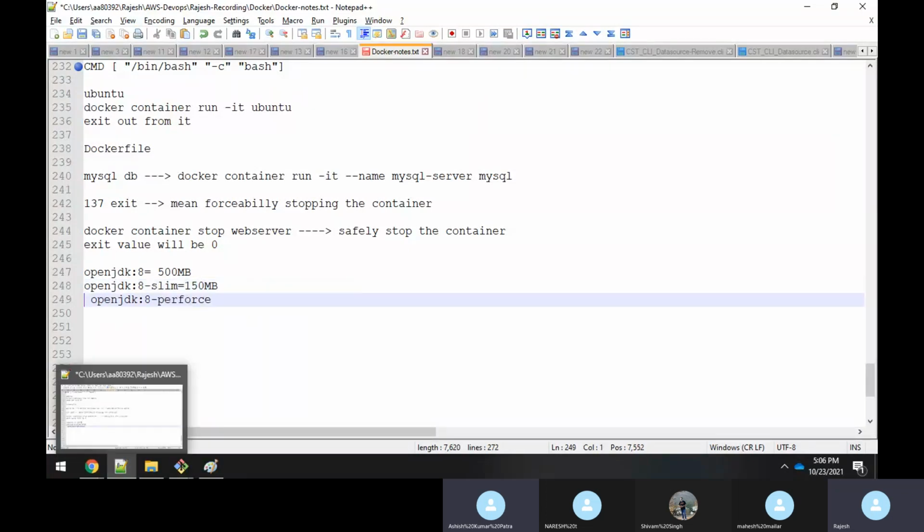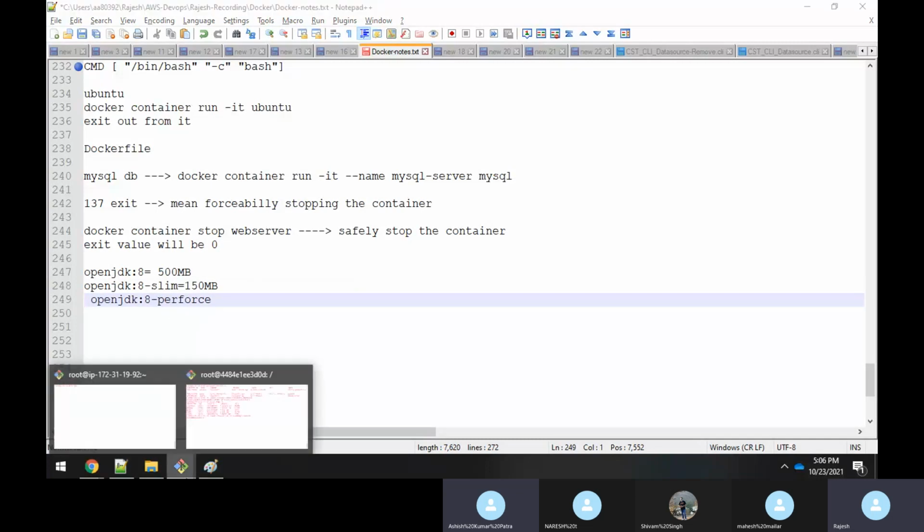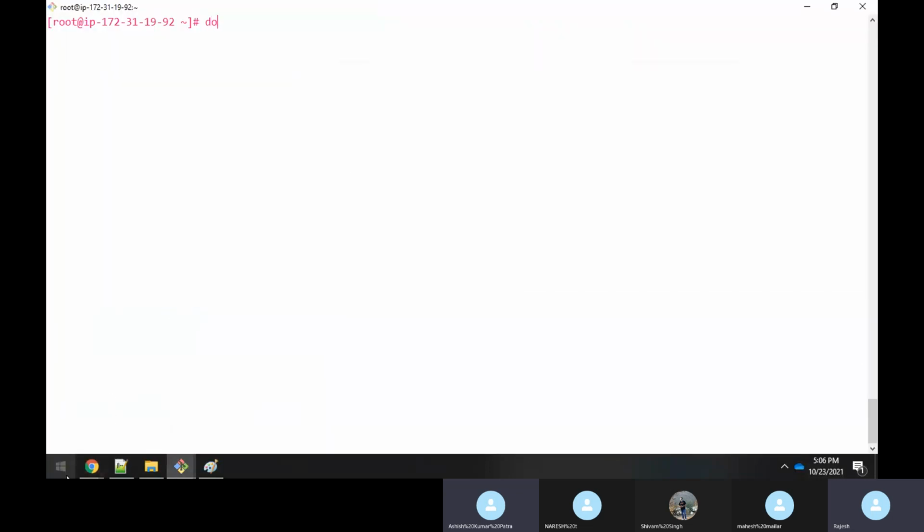So at that time, what happened? Your project doesn't require the Docker size to be more. Sometimes you need to even optimize your Docker size also. Whenever you are having a Docker image, the Docker image might have more size actually. Here, if you do a docker image ls,